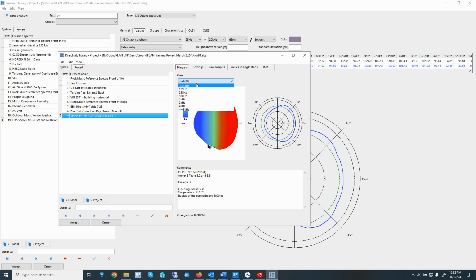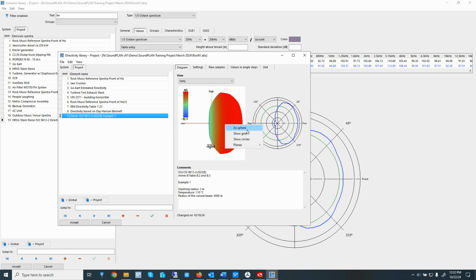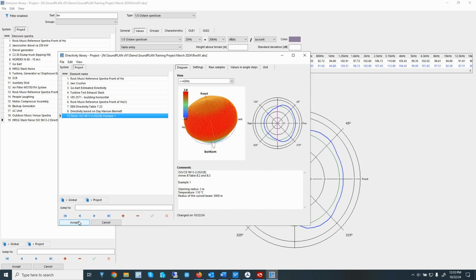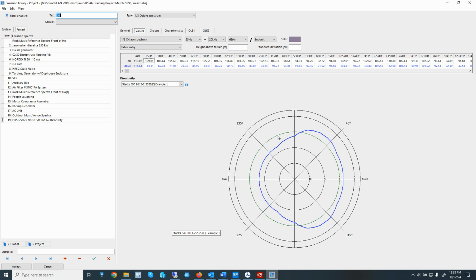So here this is at 63 Hertz. We can go to 125, 1 kilohertz, and so on. Like previous versions, we can turn on the grid, we can turn on the circles, and we can also rotate and visualize that directivity. All right, so let me accept, and it's back in here.